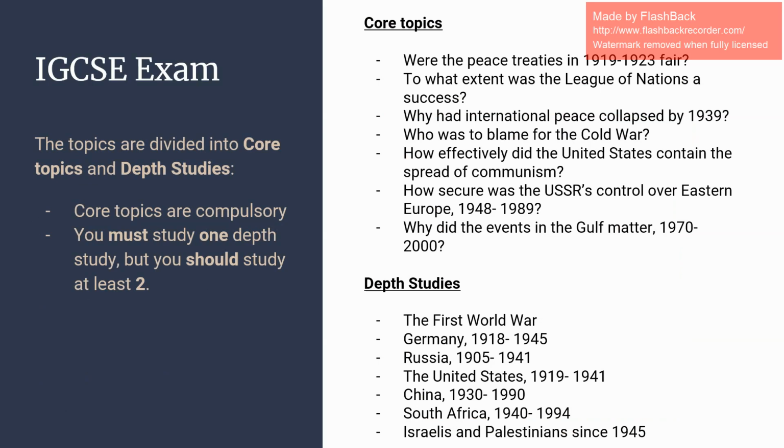The IGCSE exam is divided into core topics and depth studies. You will probably see that in your book. Most of the books are divided into core topics and depth studies too. The core topics so far, because they are sometimes changing, I'm not going to say always because we have stuck to the same program for a few years already, but it will probably change,